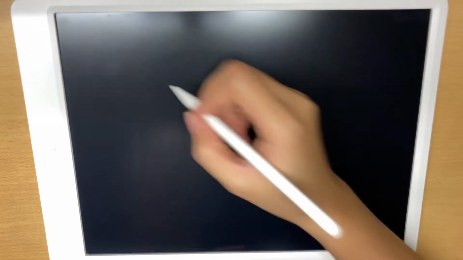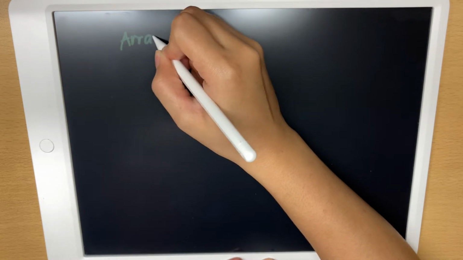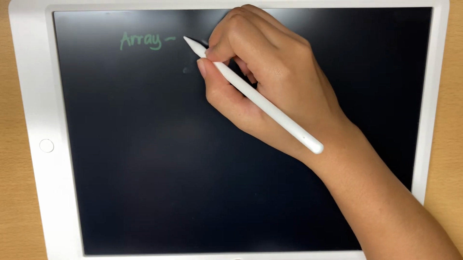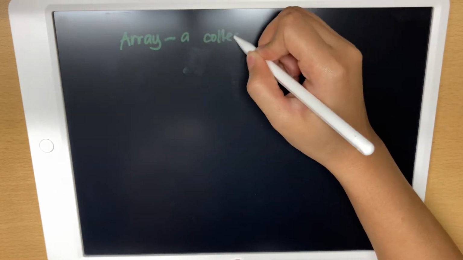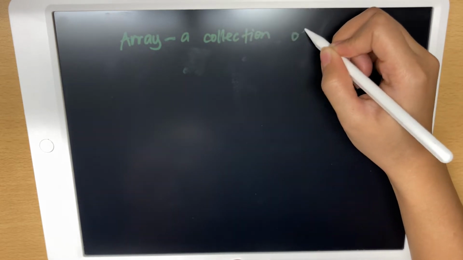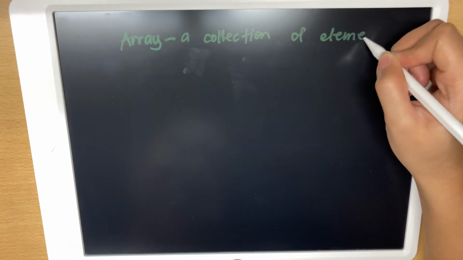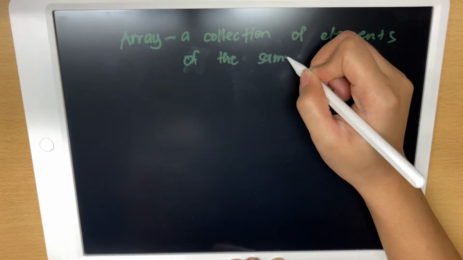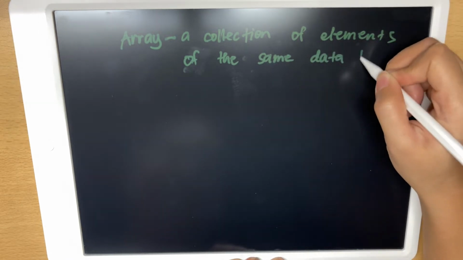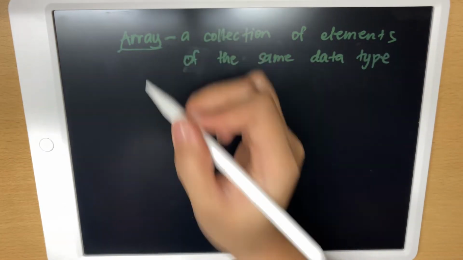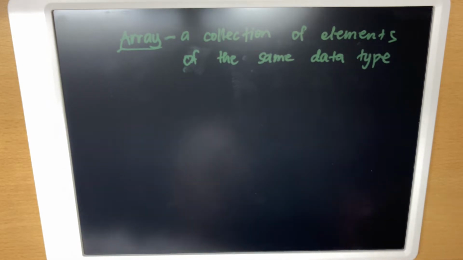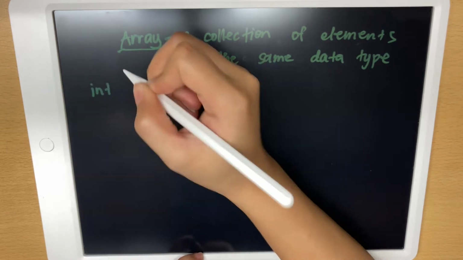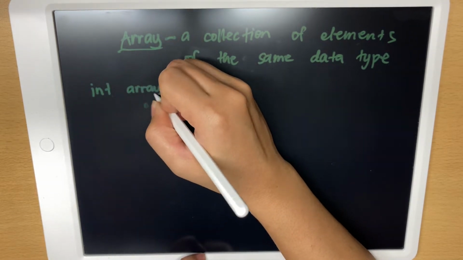To recap, what is an array? We say that it is a collection of elements of the same data type. Arrays are a storage for elements, and given an example wherein we declare an integer array with size 10,